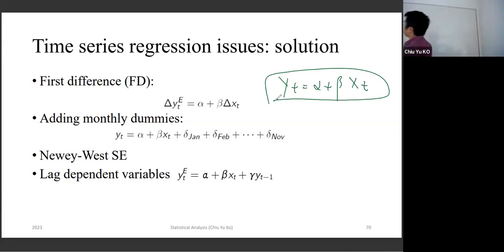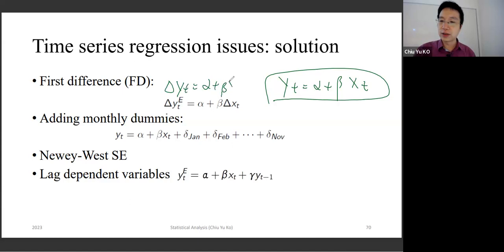So I cannot use x to explain y because y is changing too fast. Random walk means they change too fast. So what we're going to do is instead of using x to explain y, I use change of x to explain change of y. So that's the usual thing you do, okay. Of course, sometimes depending on the model, maybe something like this is also fine. You can use x to explain y also fine, but I don't know. Anyway,